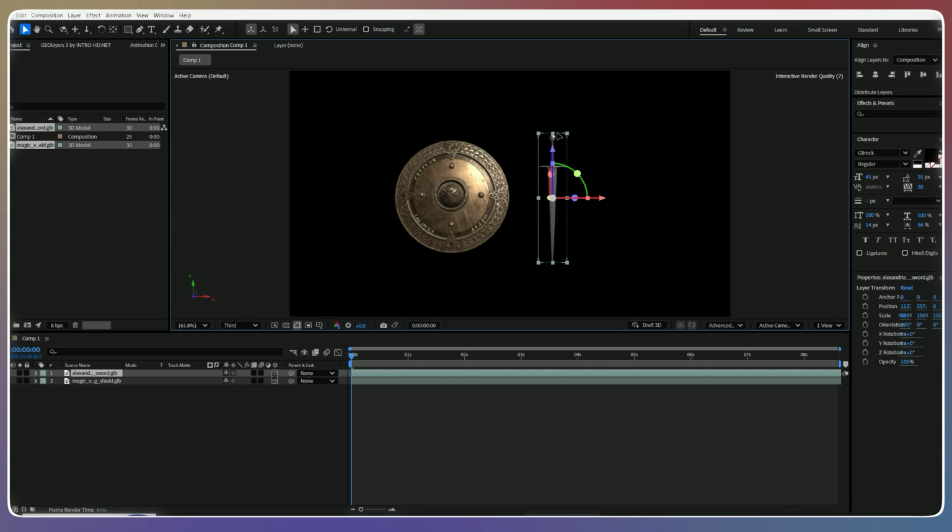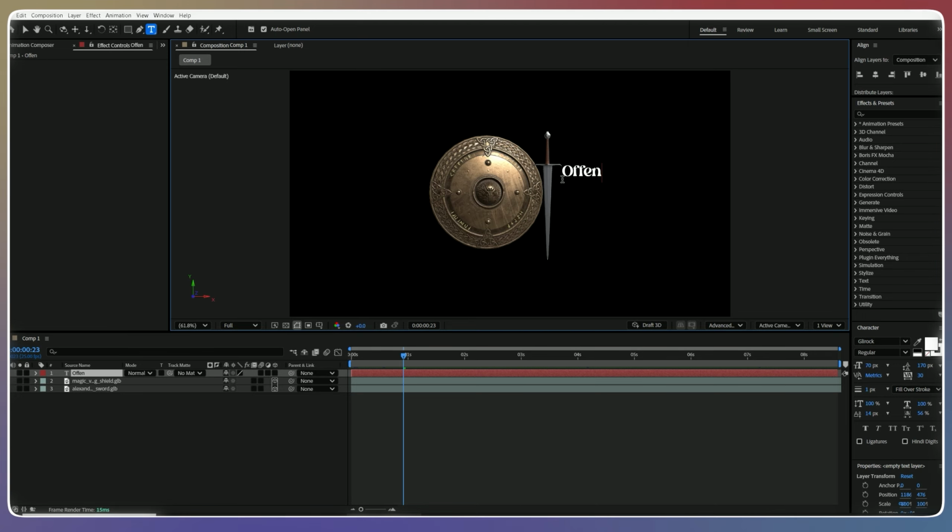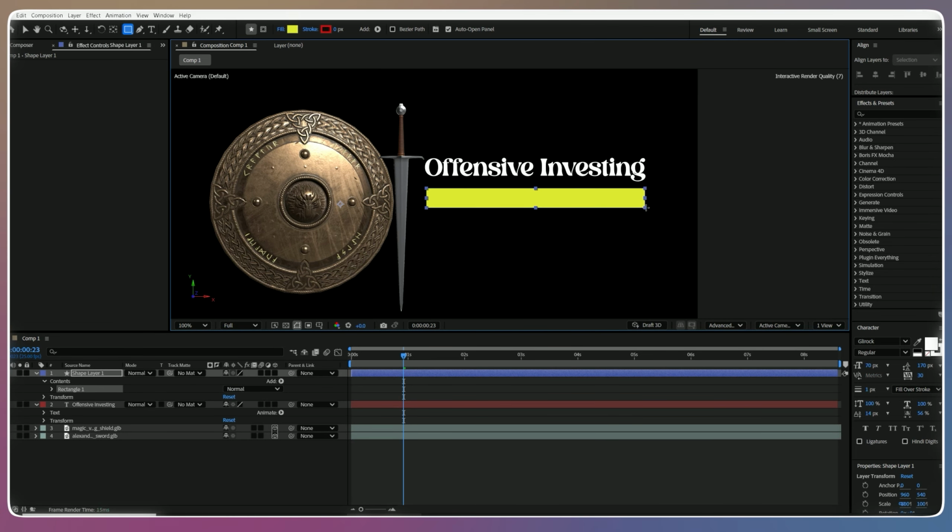Now drag and drop the 3D icons to the timeline and make sure the advanced 3D is checked. Otherwise, you cannot preview them in the source window. After that, by using 3D handles, adjust the elements at the center of animation. Now pick up the text tool and write your required text. Then pick up shape layer and draw a shape layer.